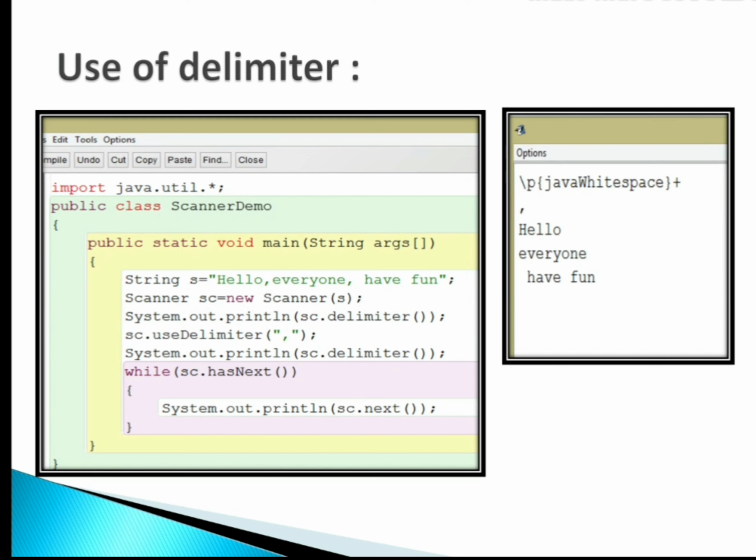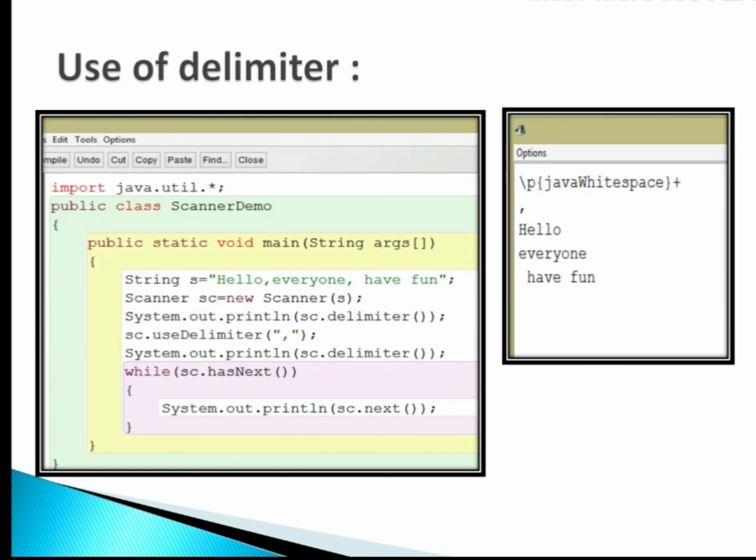That's why by default scanner places a delimiter at the end. So the tokens we have right now are 3 tokens: hello, everyone, have fun. The same way, this program shows me 3 tokens, because these tokens were separated with comma.